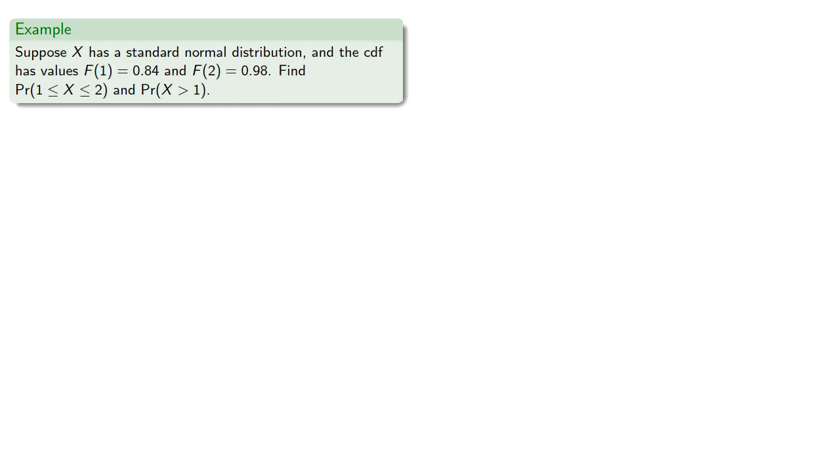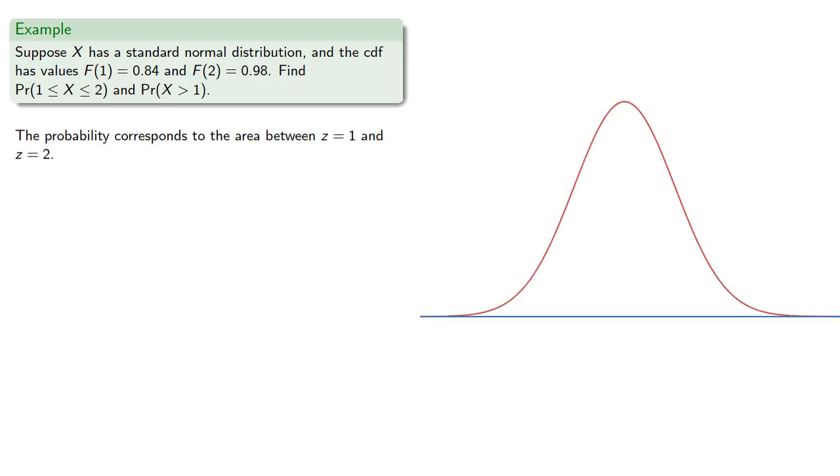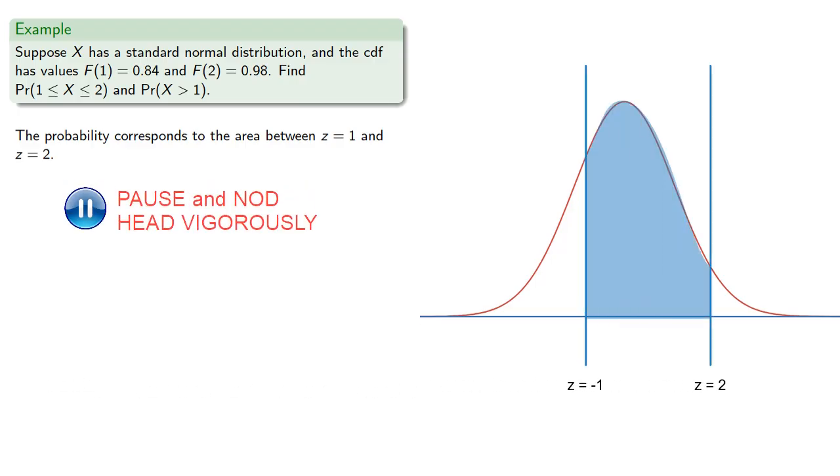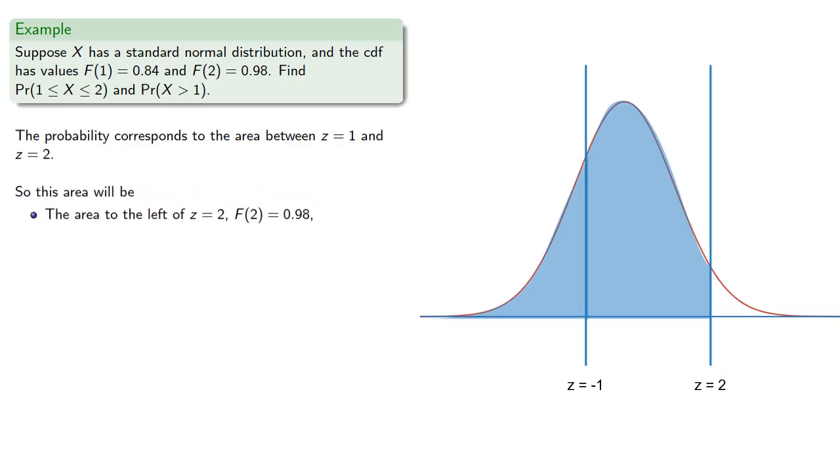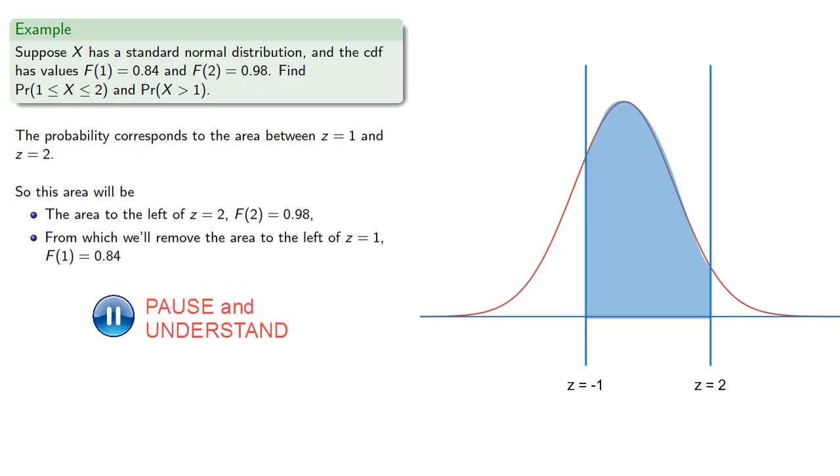So, suppose X has a standard normal distribution and the CDF has these values. Let's find this probability. Since we want to do this in the hardest way possible, we won't draw a graph. Wait, what? Let's draw a graph. The probability corresponds to the area between Z equals 1 and Z equals 2. So this area will be the area to the left of Z equals 2, that's our value F of 2, 0.98, from which we'll remove the area to the left of Z equals 1, which is F of 1, 0.84. And so that probability will be